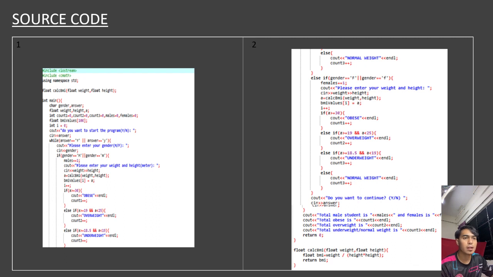Cout, total male student is males, and females is females, endl. Cout, total obese is count1. Cout, total overweight is count2. Cout, total underweight, normal weight is count3. Return 0. Float calculateBMI, float weight, float height, float BMI equals weight divided by height,